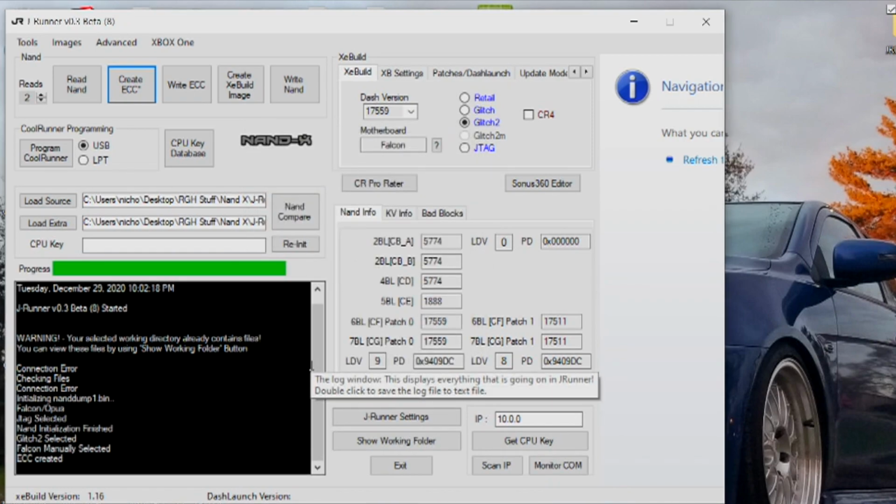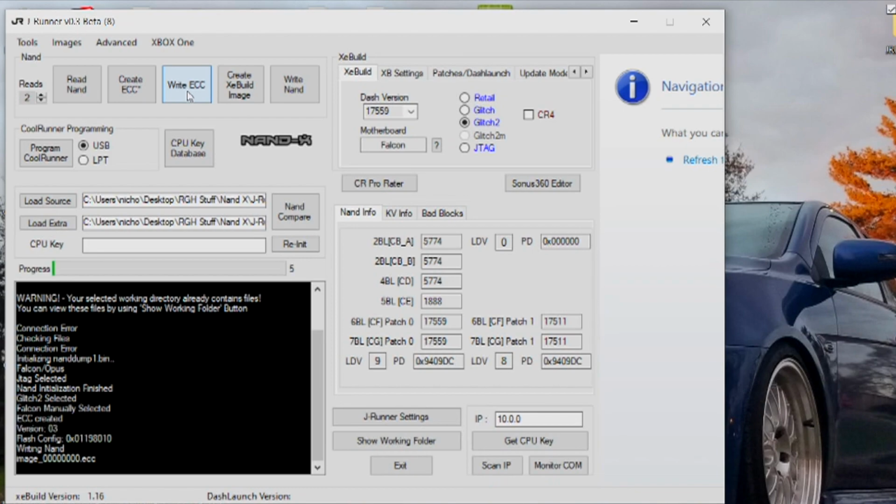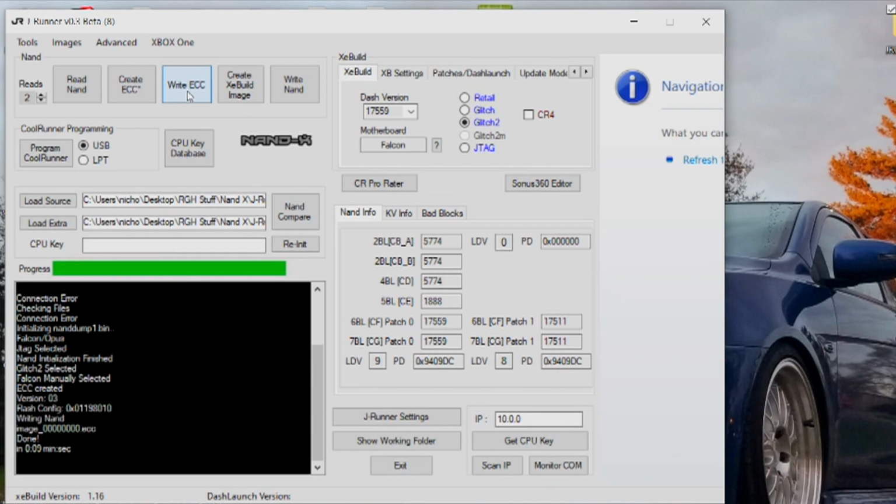Once the ECC has been created, click the right ECC button. JRunner will then create a bootable image for Xell. We'll need this to get the CPU key in order to create the modified dashboard for the system. Once the writing process is completed, we'll need a way for the console to boot into Xell, which means it's